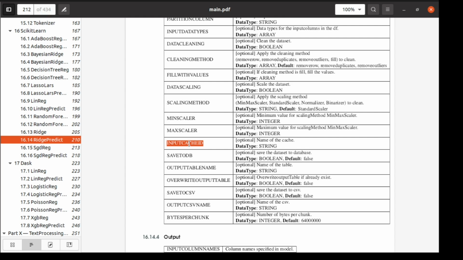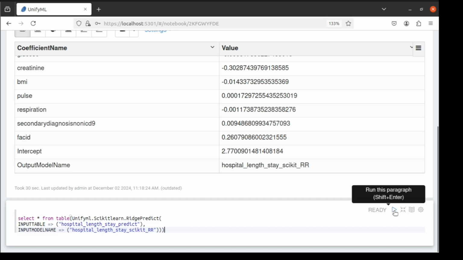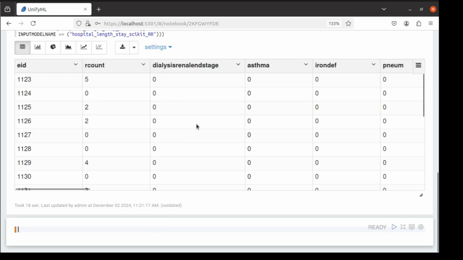You can save the predicted output to the database by using the Save to DB option and specifying the output table name. If the table already exists and you wish to overwrite it, set the overwrite output table parameter to true. Alternatively, you can save the predictions to a CSV file by specifying the Save to CSV option and the desired output file name. Once you run the query, the predicted output will be generated, including the input columns and